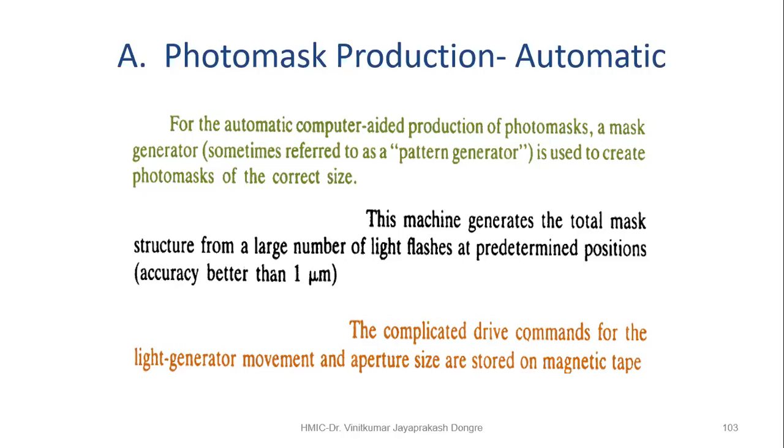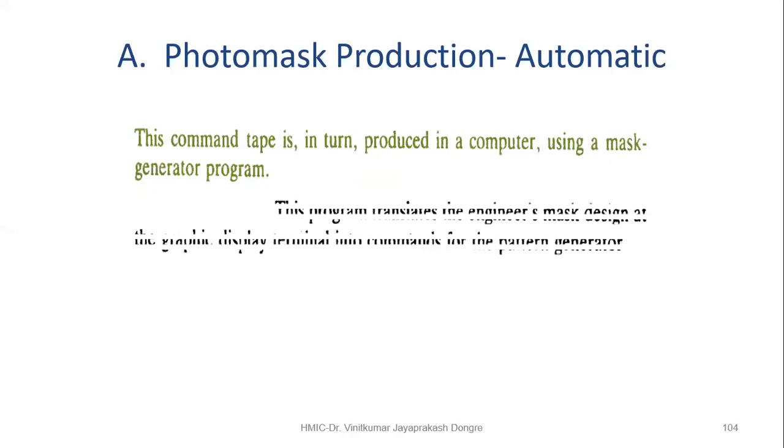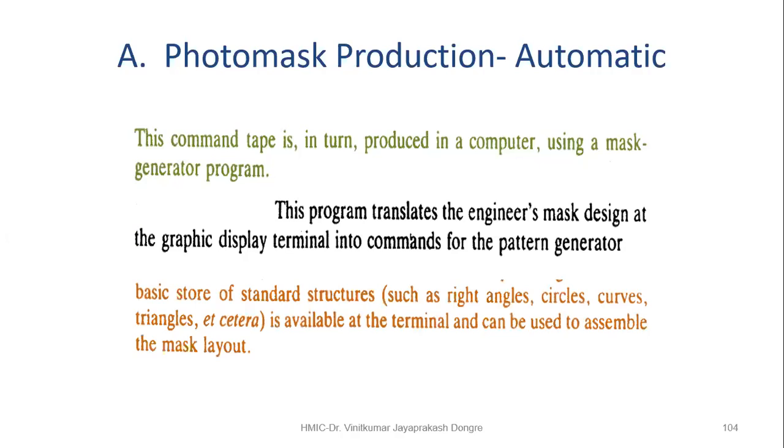Okay, so here we can generate automatically, and it has better accuracy, that is 1 micrometer, meaning 2 times better than the previous. And there is no need to change scale; on the same scale we can have the generation in the automatic photomask. Next,